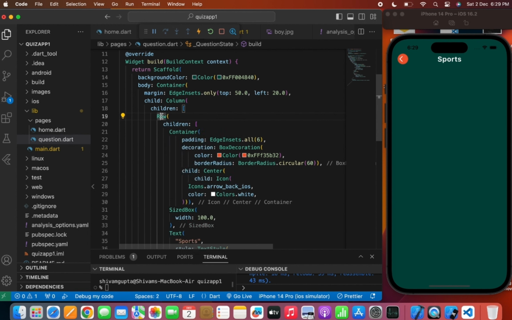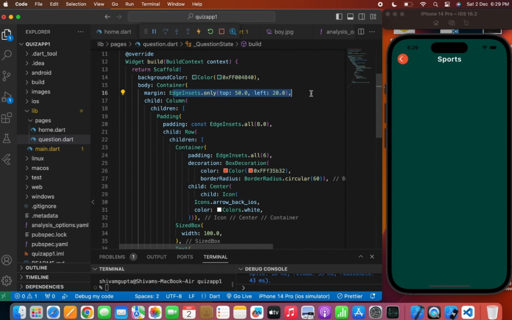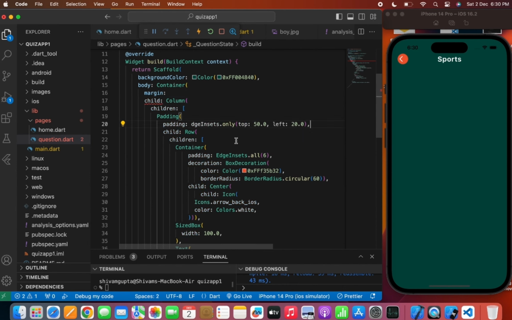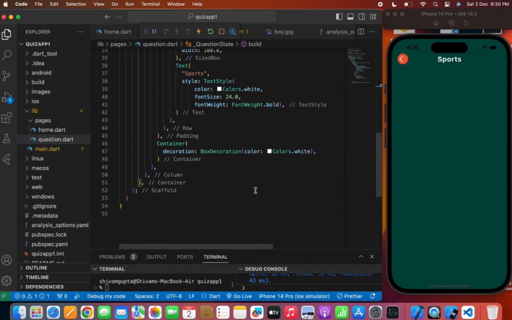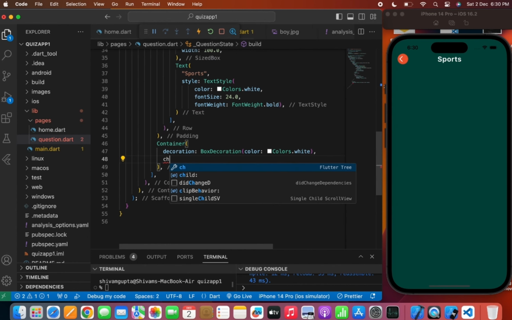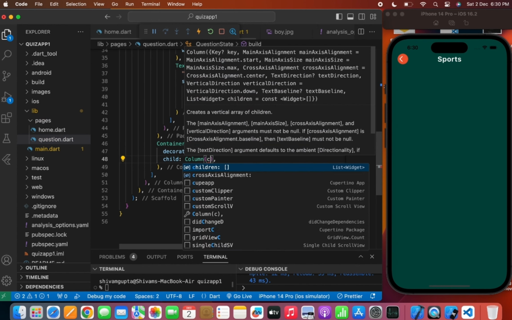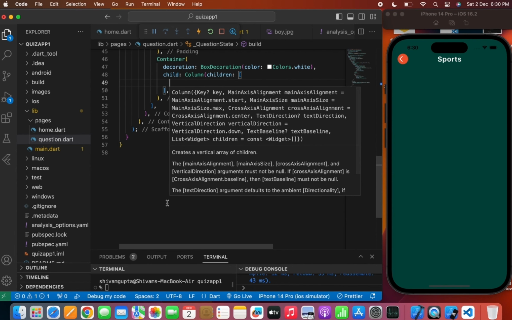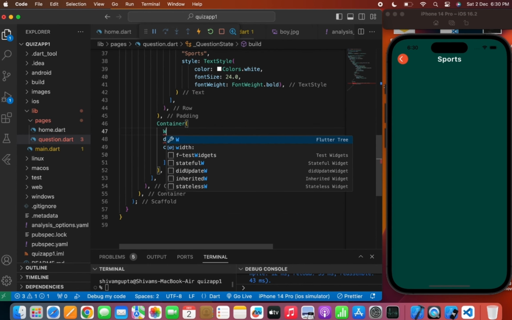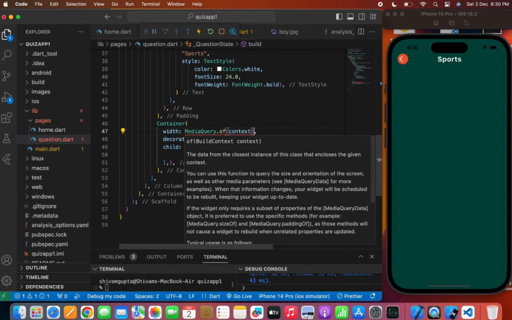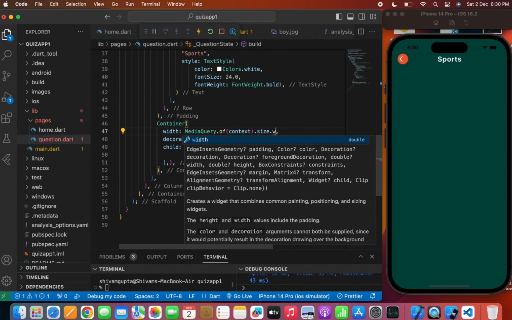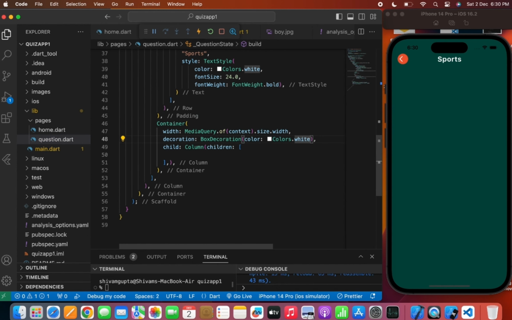Though I can't give the complete margin to the container here, so I will remove the margin from here and specifically wrap the Row widget with a Padding widget and pass a specific padding from the top and left position. Now inside the container I will write child, Column, children, and in the container I will use a width, again MediaQuery, to use the complete width of the screen. So I will write MediaQuery.of(context).size.width, and in the decoration I will write borderRadius,